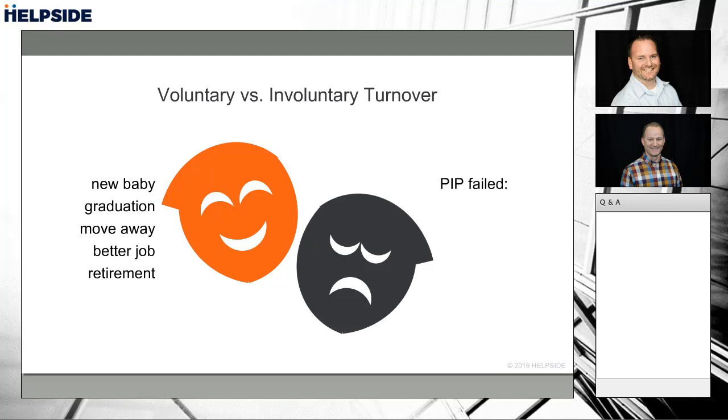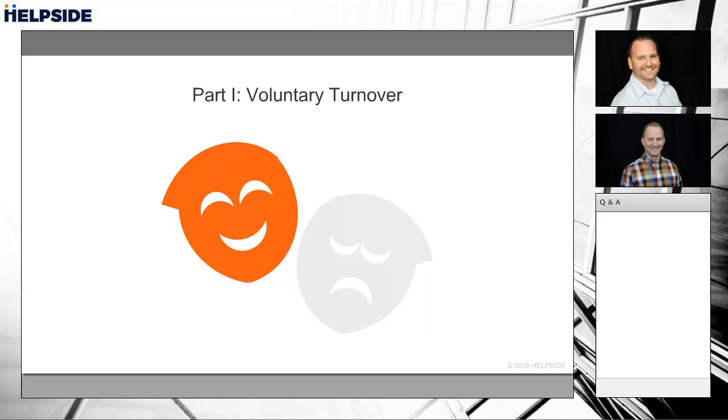The involuntary is when you, the employer, decide, this isn't working out. Maybe a performance improvement plan failed, for attendance or quality or productivity, and we talked yesterday about the progressive disciplinary process you go through. Or maybe there's a one and done, where somebody commits some egregious infraction or crime, and they're just done, and you've decided we're going to move on. We will walk you through the process for both of those scenarios.